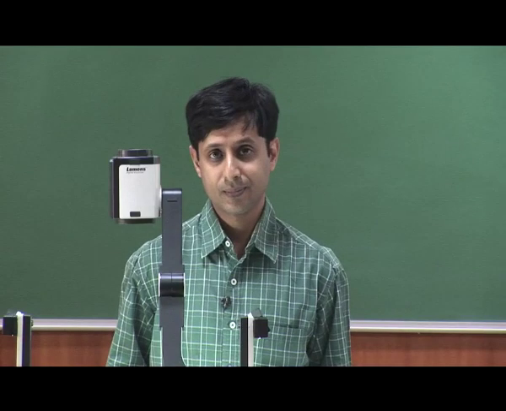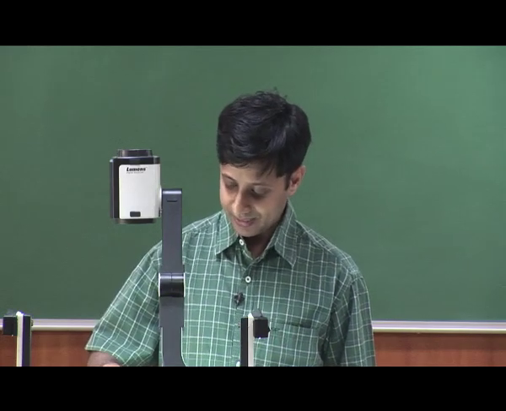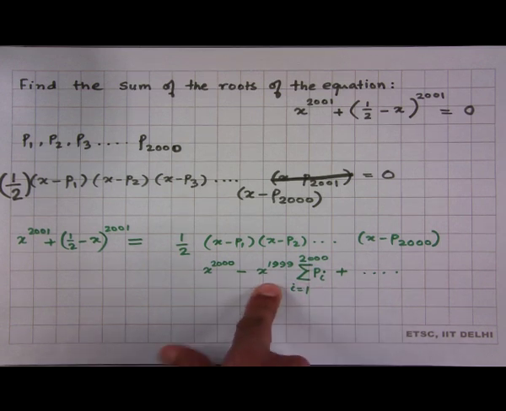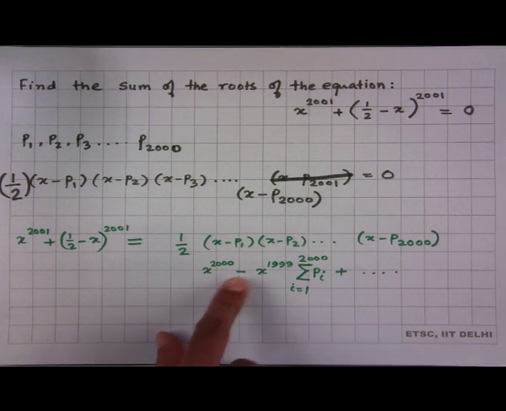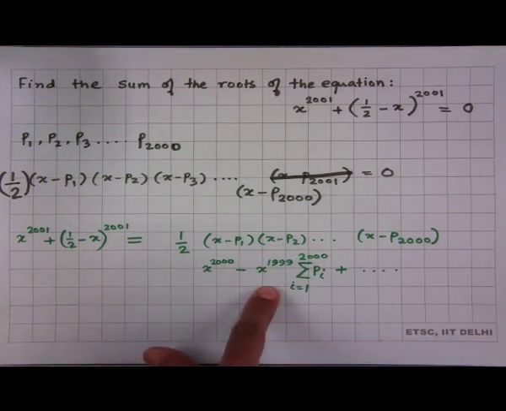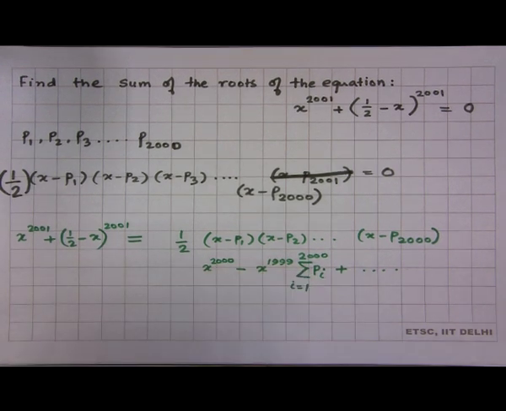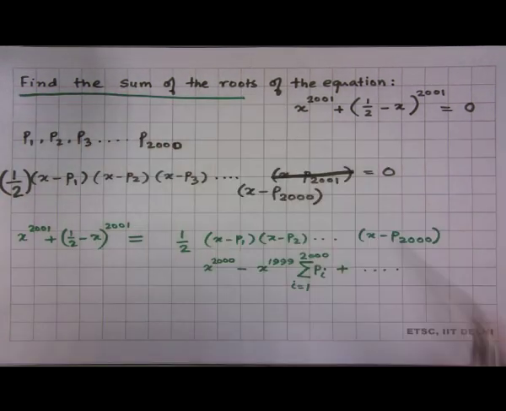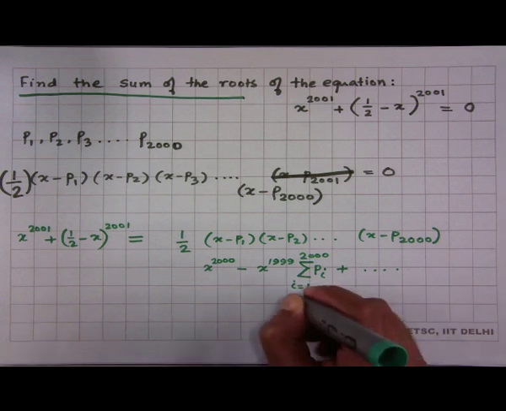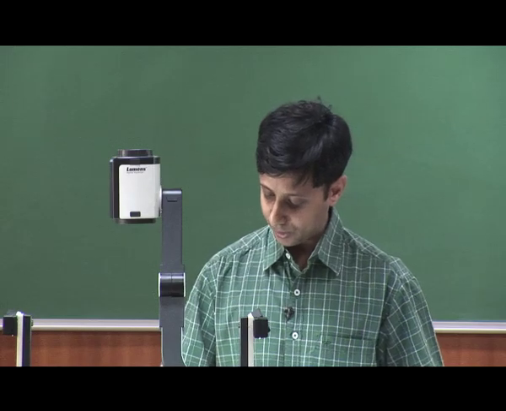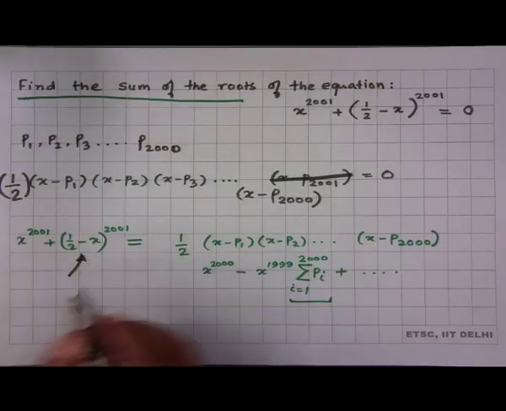So, the sum of the roots times x to the power 1999. So, the coefficient of x to the power 1999 in this expansion is the sum of the roots. All right, so all you now have to do is find out the coefficient of x to the power 1999,